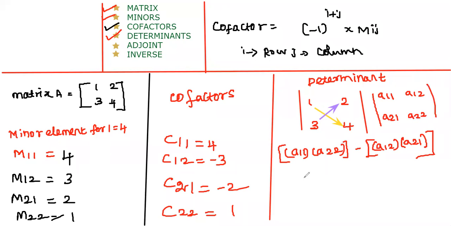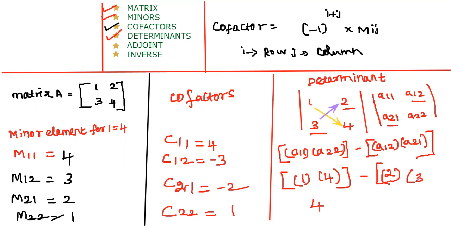So if I multiply 1 and 4, I'll get 4, minus symbol, and A12, A21. A12 is 2 and A21 is 3. So 2 3s are 6. 4 minus 6 is minus 2. So that is going to be the result. It's pretty simple. Let me write the cofactor formula over here. We'll try to solve all the questions on the single page itself.